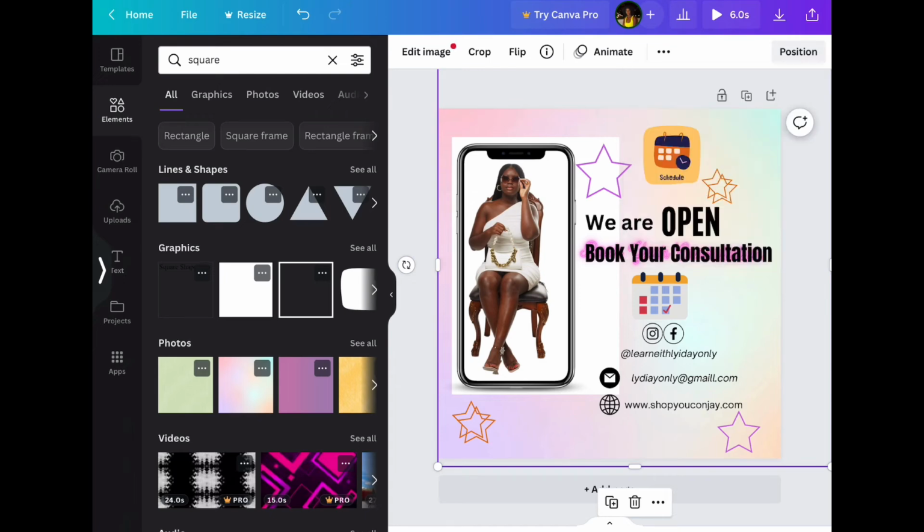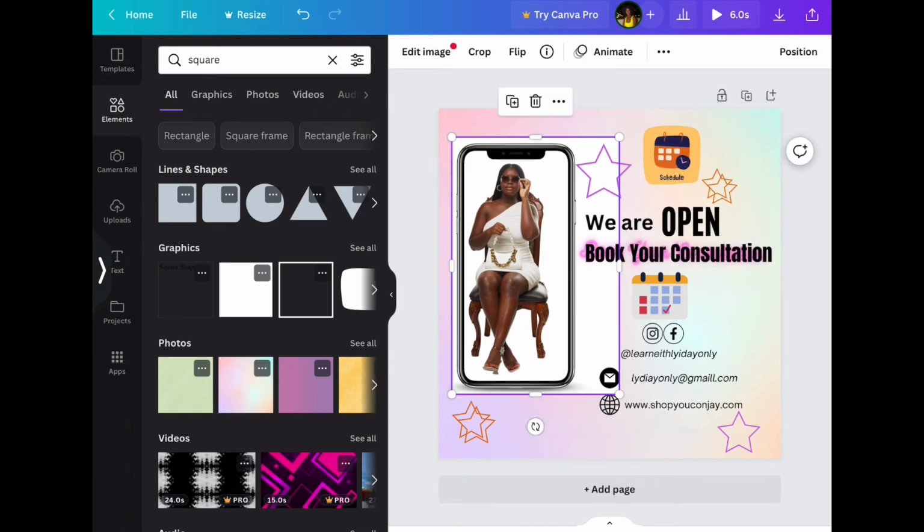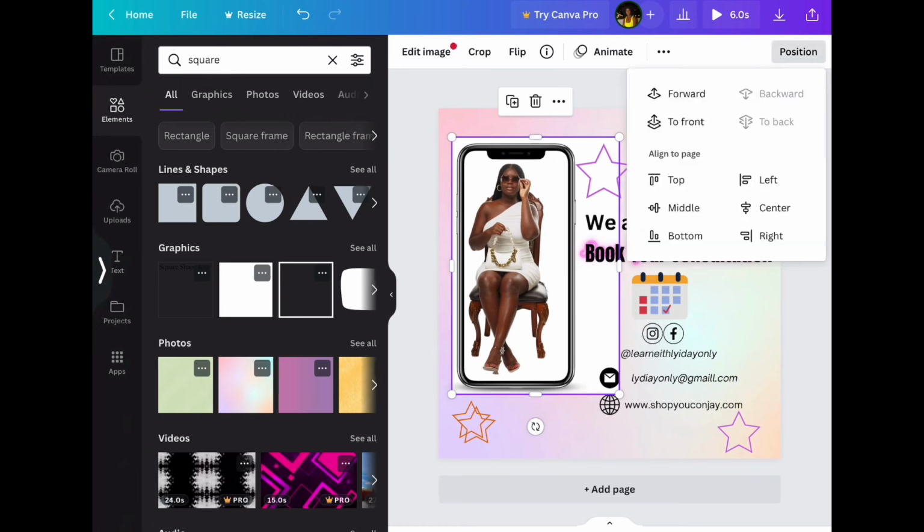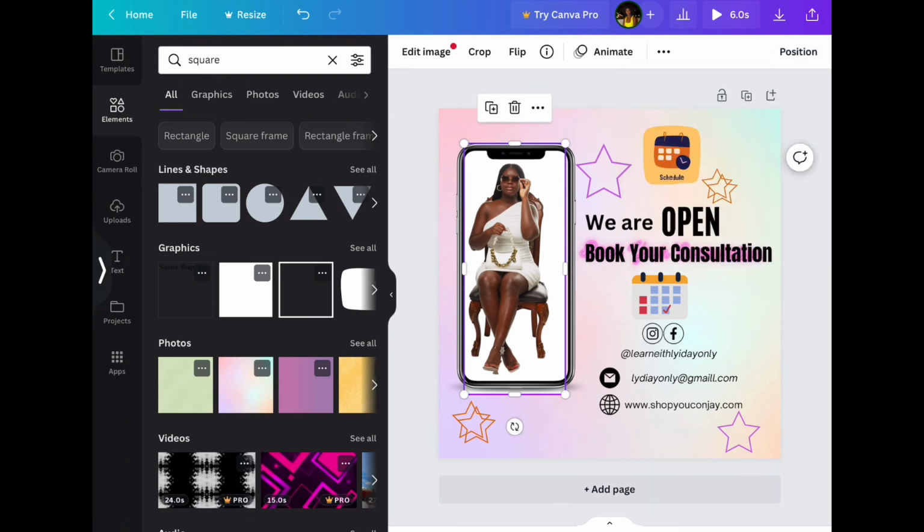So once that is done, I would need to adjust my picture that is in the phone case, because as you can see now, it doesn't look right. So I will have to adjust it by cropping it, just positioning it right and making sure that everything fits in the phone case. So after all of this,